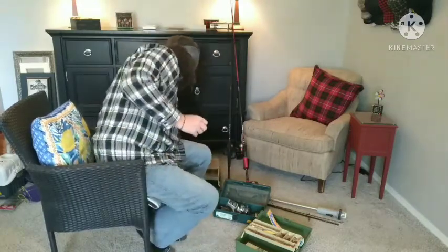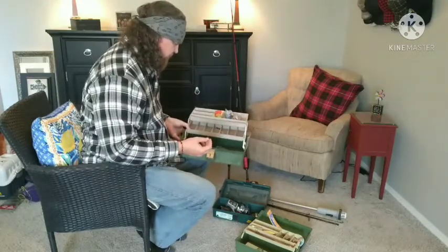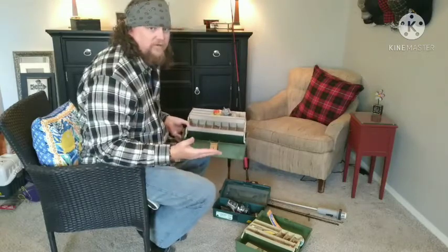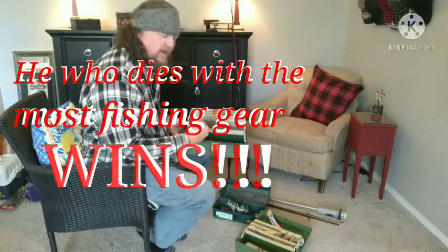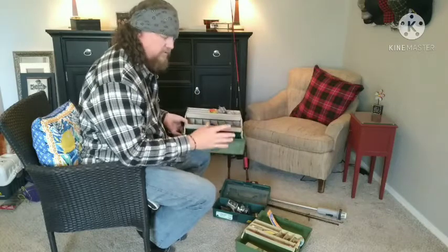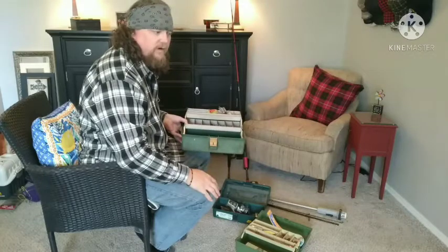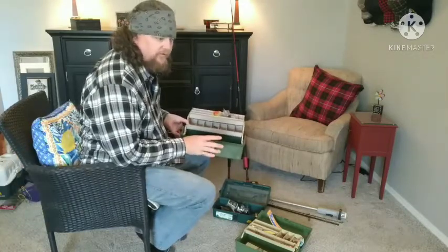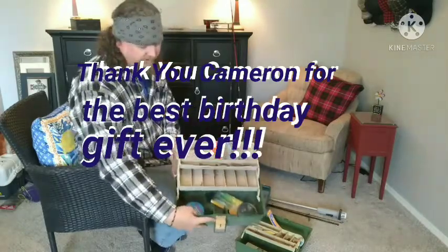Okay, and this one here, if I clean it up, I can use it. But the whole point is I wanted a box for every species. I got sunflower seeds in. So I want to have a catfish box, a crappie box, trout box, whatever. One for bass, walleye, whatever. And then my big tackle box back here will be my catch-all, for the good stuff. But if I wash them out and clean them,